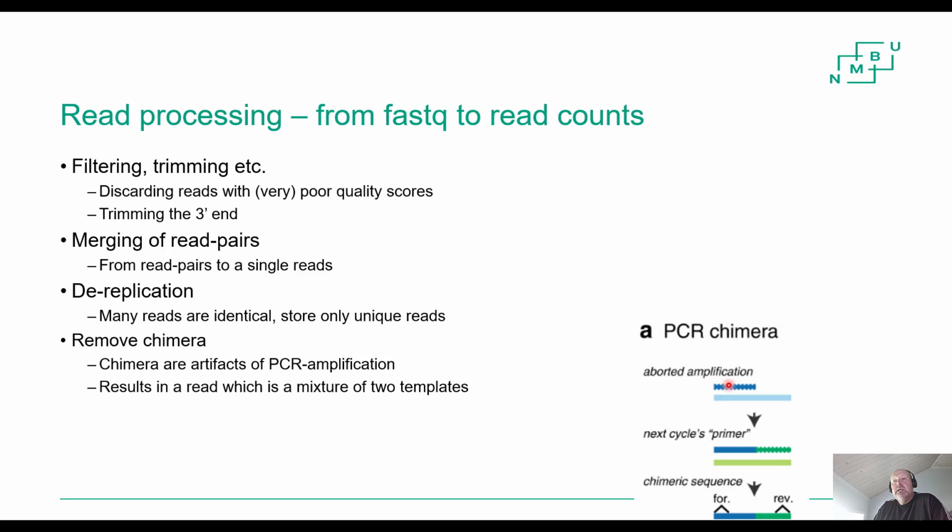And you start copying it like this. And then for some reason, this copy process terminates before it should. It should have copied all the way out, but sometimes this doesn't happen in the PCR machine. It stops here for some technical reason, and then this piece will float around in the PCR machine until the next cycle starts. And then this will be acting as a primer,